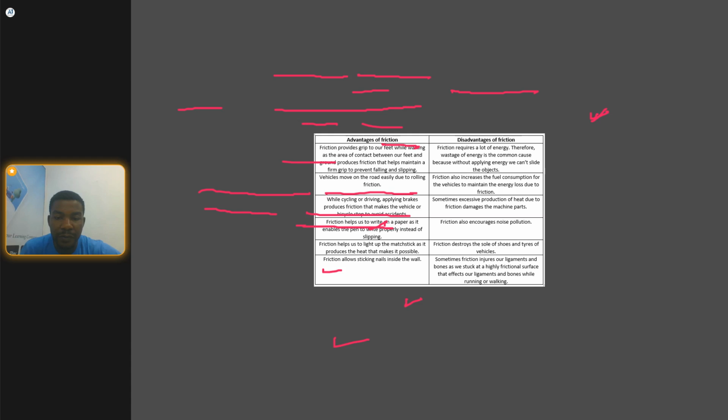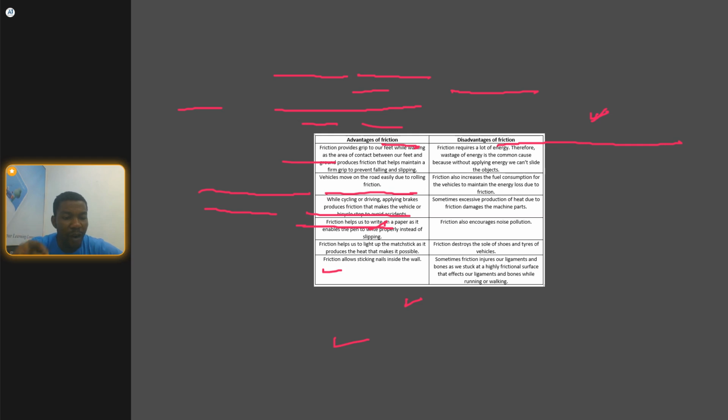The wastage of energy. Friction also increases fuel consumption for vehicles to maintain energy loss due to friction. It leads to increase in fuel consumption for vehicles. It leads to what? An increase in fuel consumption for vehicles. Because when you are actually driving a car, you need to press the accelerator for you to move very fast. And when you do that, it actually